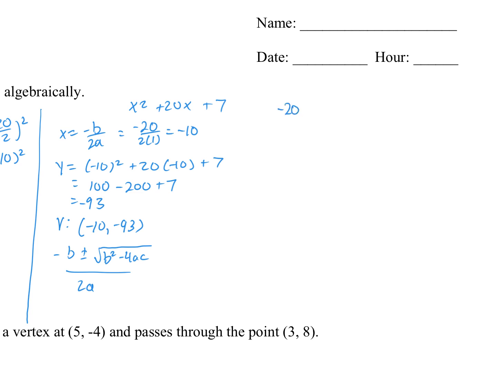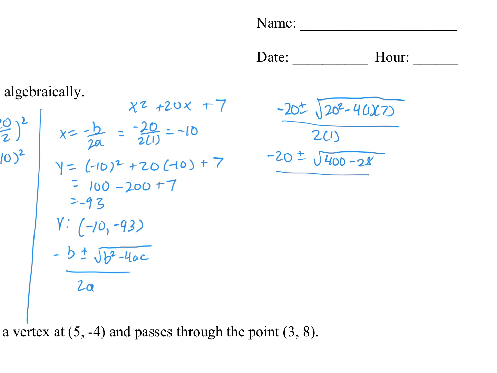So negative 20 plus or minus square root of b squared, which is 20 squared, minus 4 times 1 times 7, all over 2 times 1. Simplify some more. So then this is 400 minus 28 over 2, negative 20 plus or minus